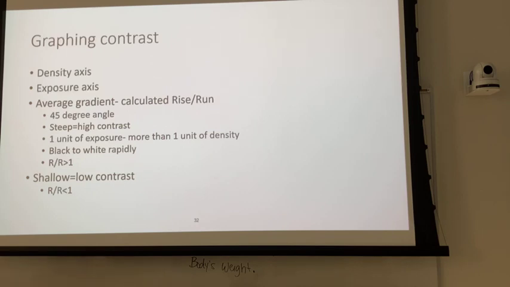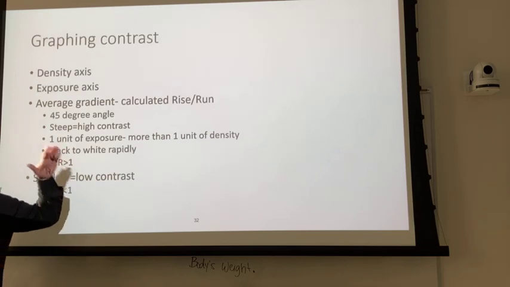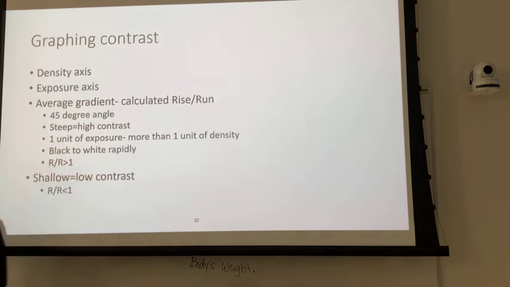of overexposure or underexposure. So we have two axes. We've got a density axis and an exposure axis. And what we're really looking for as far as contrast goes is what we call average gradient. An average gradient is just the slope of the straight line portion of the H&D curve. So if we had a curve that was 45-degree angle, and we don't, but if we had the straight line